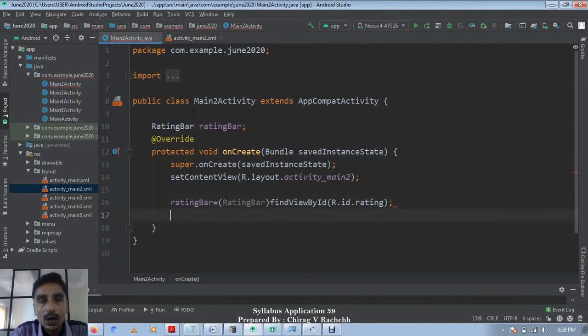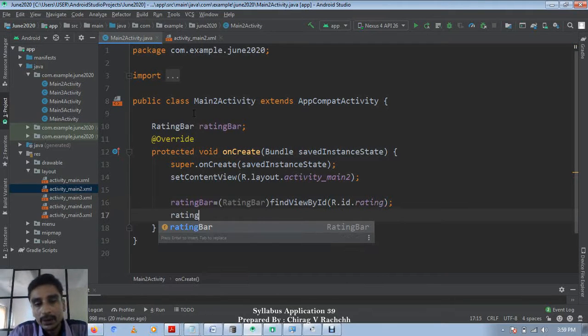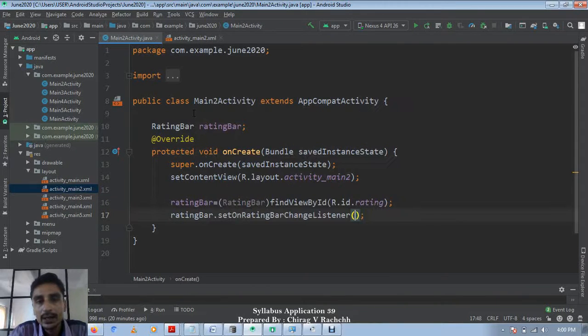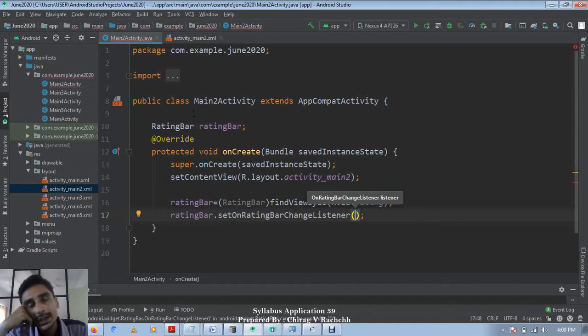Fine. Now whenever the client changes the rating, or gives a rating, an event of the rating bar is fired, and for that we need to set an OnRatingBarChangeListener.